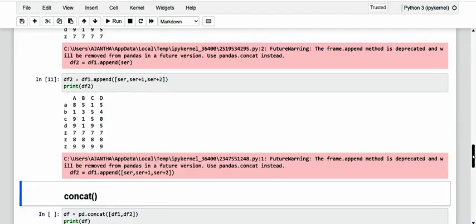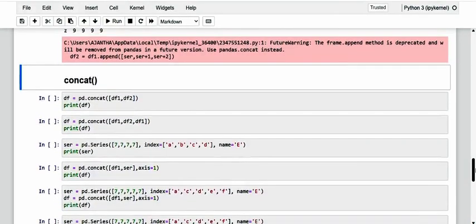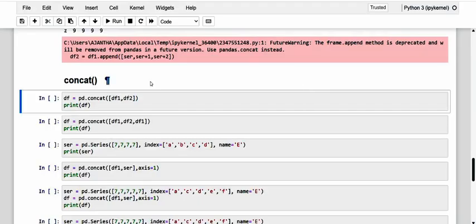Okay, now let me move on to concat. As for concat, the situation is different. It is not a method, but a real function of pandas. So concat has no reference data frame from which to be called, but it is called directly from the library and accepts a list of the objects to be concatenated as an argument.